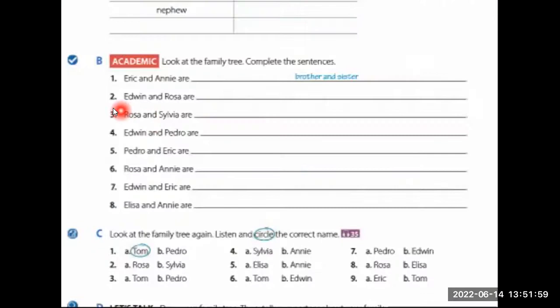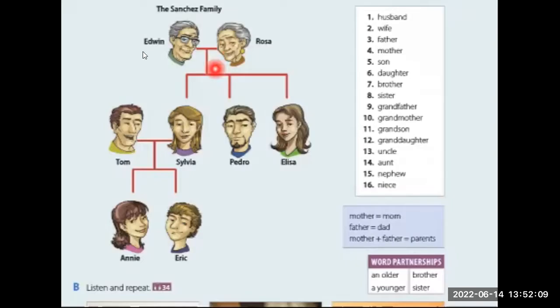Here we look at number 2, Edwin and Rosa are. So we go back and find Edwin and Rosa. Here's Edwin and here's Rosa. So they have the line across, which means they're married. Edwin and Rosa are husband and wife. So we go back here